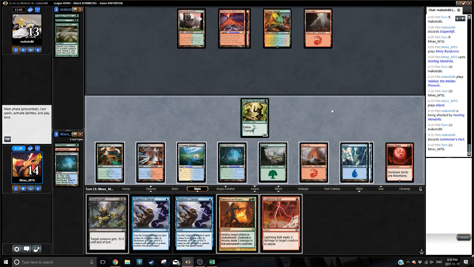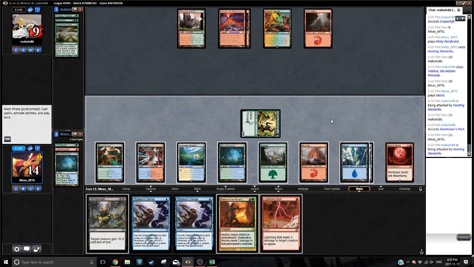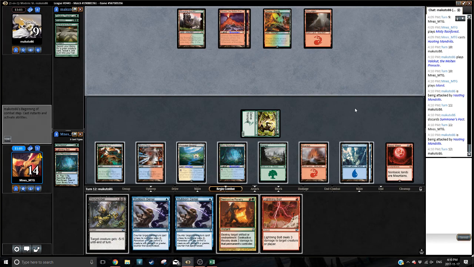Summoner's Pact in the bin. Bolt off the top. That's going to take a turn off the clock. If we have a Revelry target, that means they're dead after the next hit. So Blood Moon seems pretty decent against them. I already knew it was decent, to be fair. I'm just...